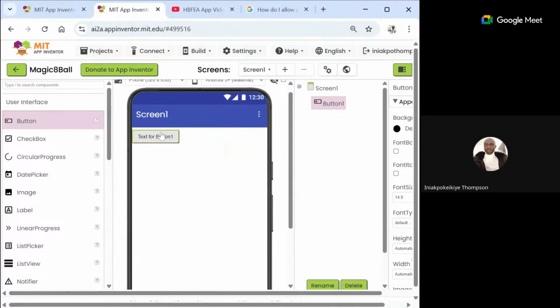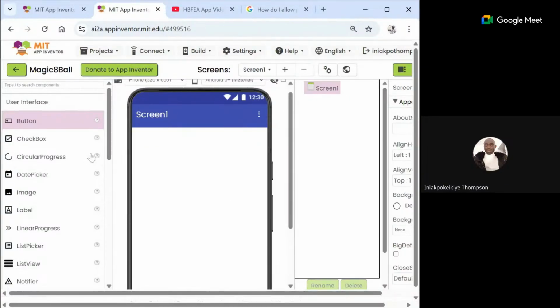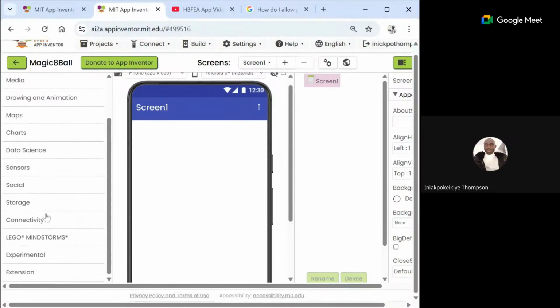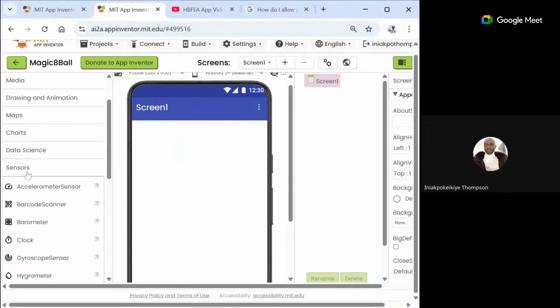I will go to components there, and then I have to delete this one. We don't need this one for now. Delete that component. So that particular component is inside the sensors, okay, and look at it, accelerometer sensor. So I'll double click it and it will get here, or I can drag and drop it on the screen and it will get into our used